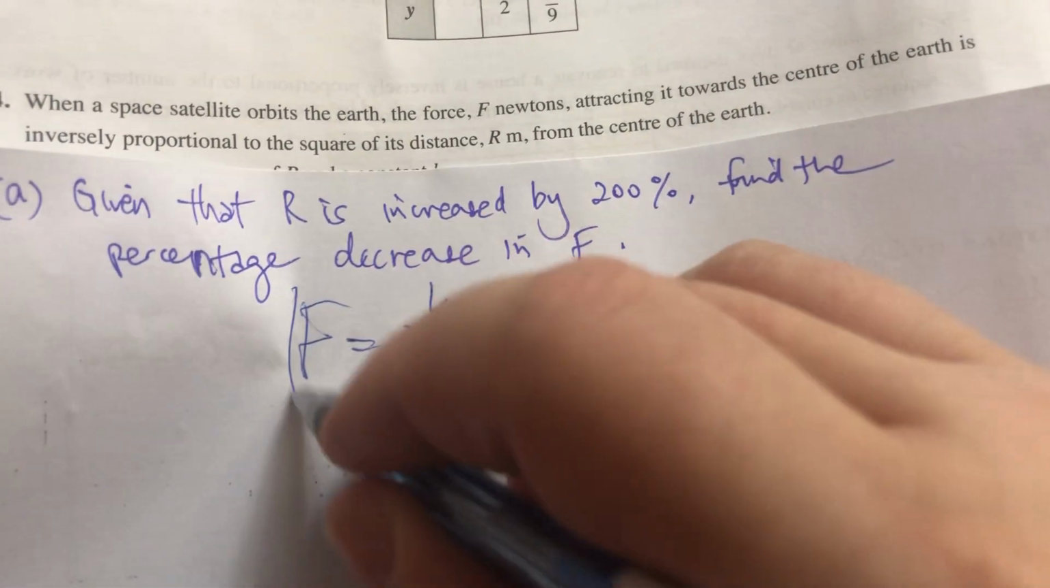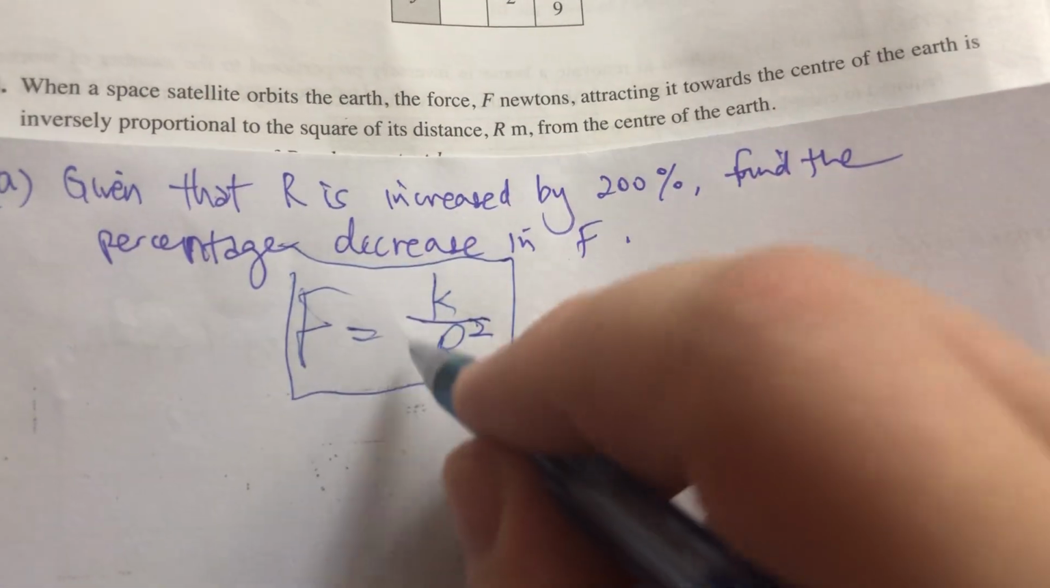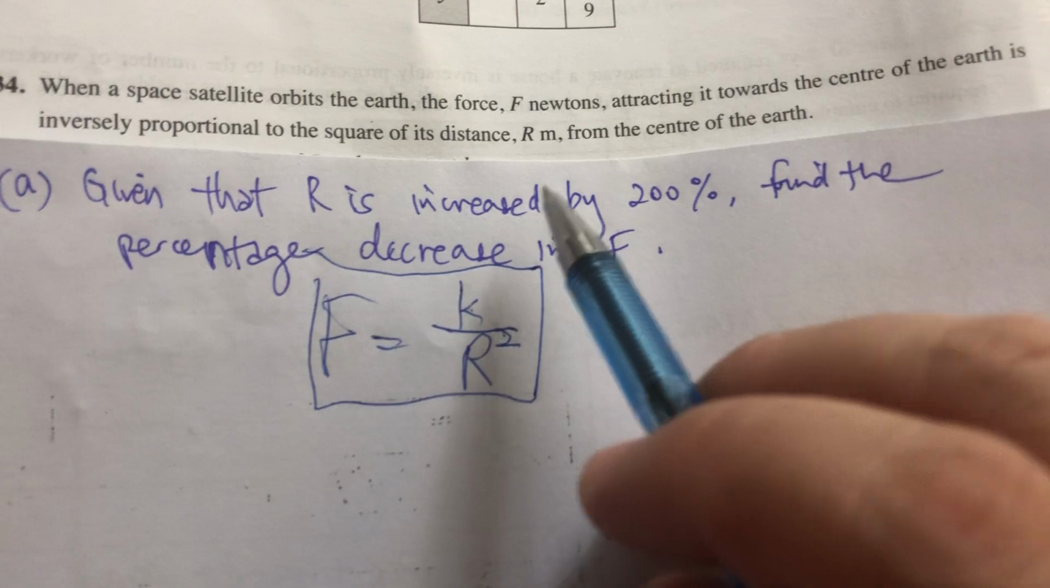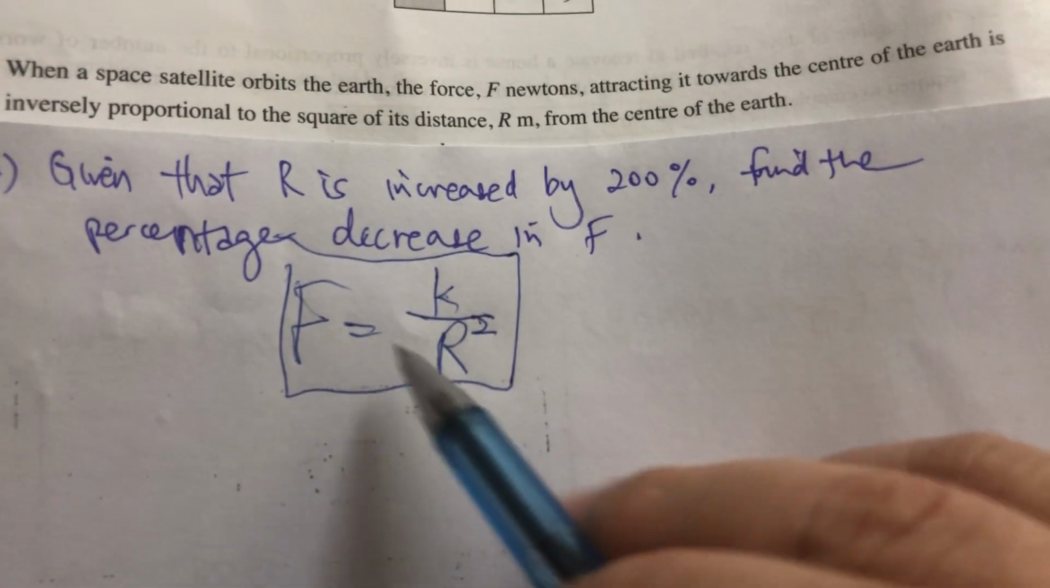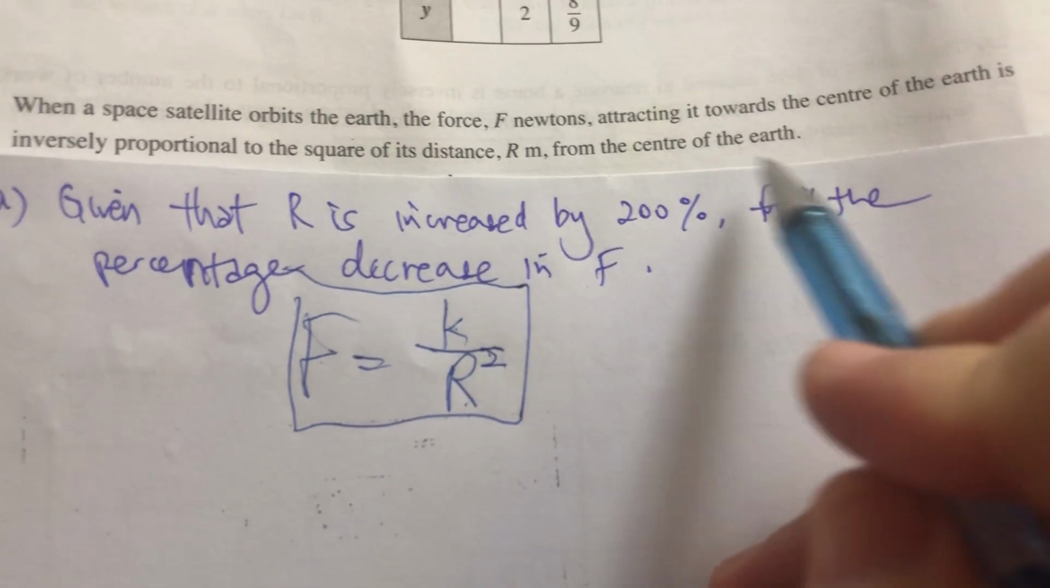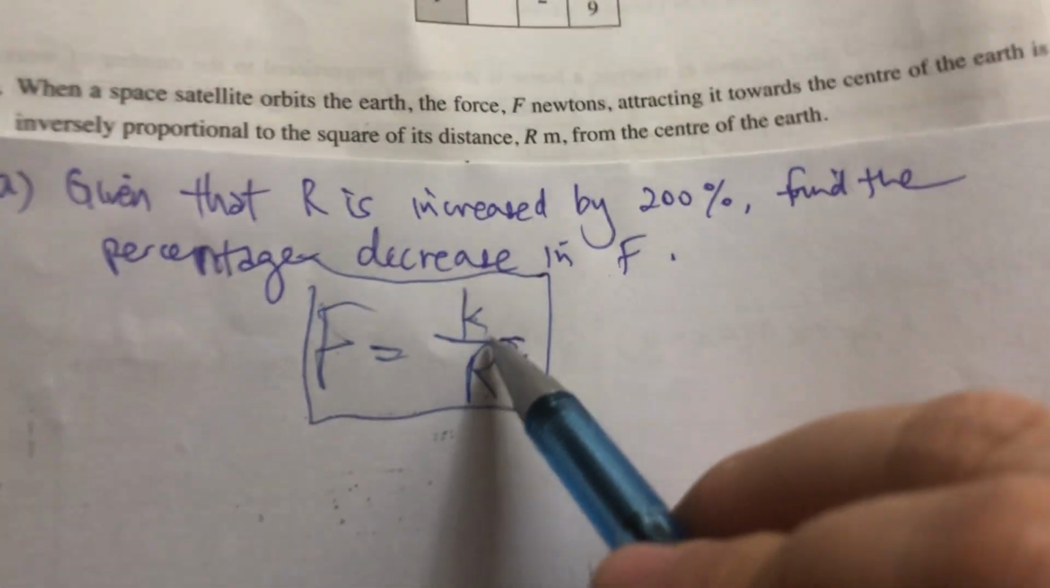Alright, once you've gotten this, you are going to work with this. You don't need to find k at all in this question because they didn't ask you to find the value of F when r equals 200 or whatever. They didn't say anything like that, so there's no need to find k. Okay,